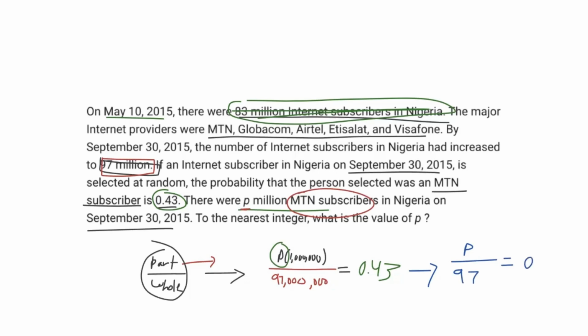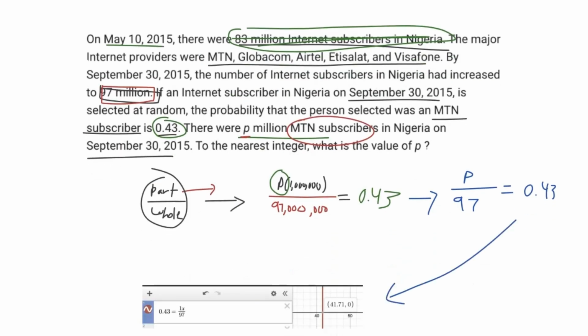equals 0.43. And so you just chuck this into Desmos. I rewrote it differently, but essentially you just chuck it into Desmos and find the value of P, or you can name it X. Find an intersection here, we can see is 41.71. We want to the nearest integer the value of P, and therefore our answer here is going to be P